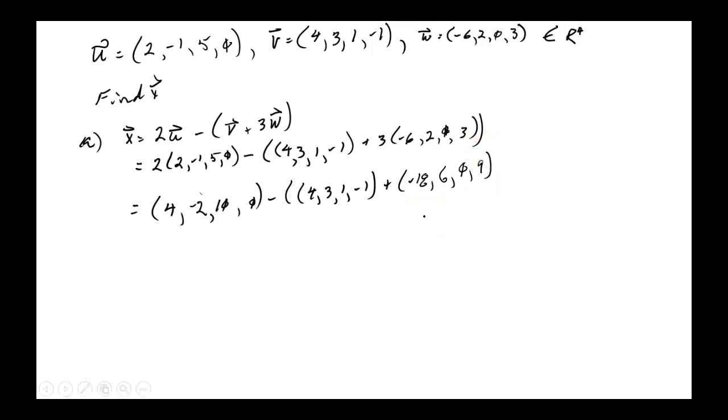Okay. Now, again, we're going to do this in gory detail. It's safer that way. That'd be 4, -2, 10, 0,